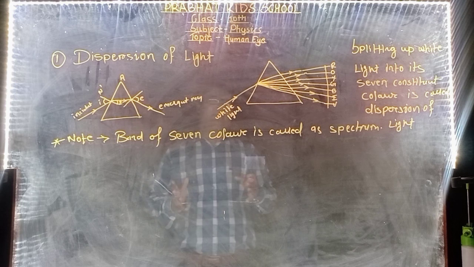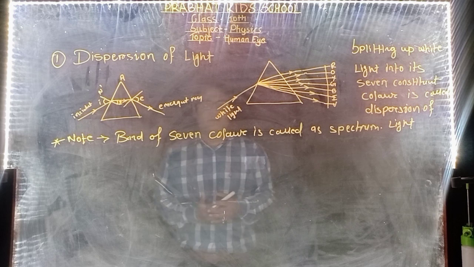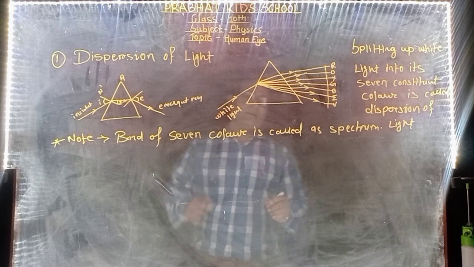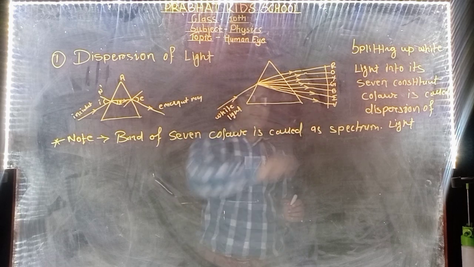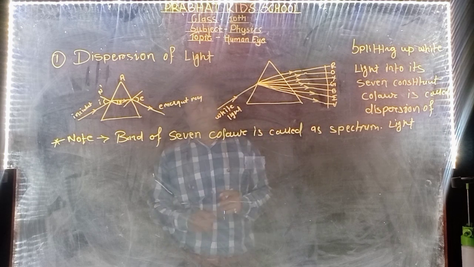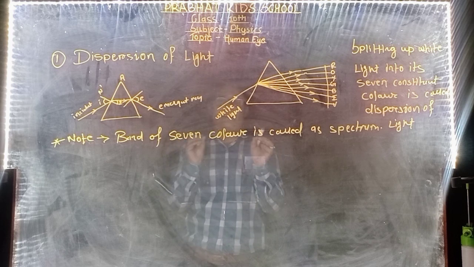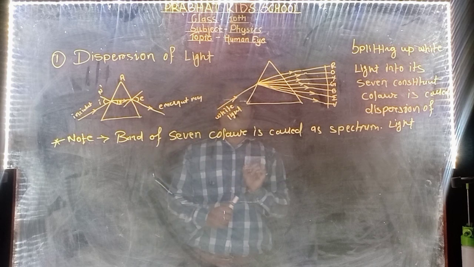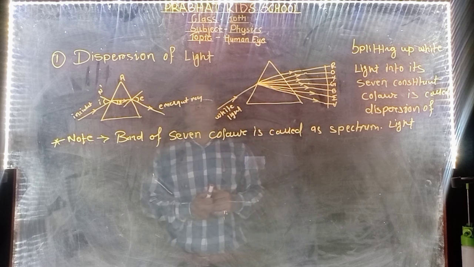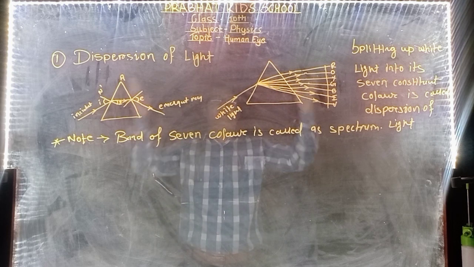And dear student, in nature we have seen so many phenomena. How is a rainbow formed? You know, violet, indigo, blue, green, yellow, orange, red. Here the least bent color is violet, so violet is at the bottom and red is at the top. A rainbow is formed because the water droplets present in the atmosphere act as small prisms. When white light enters the atmosphere, the water droplets act as a prism and disperse the light, forming the rainbow.